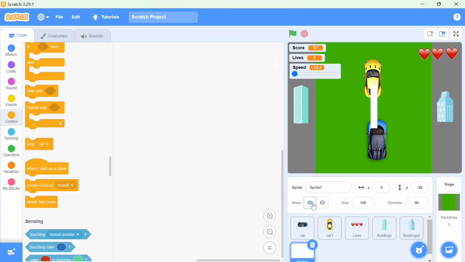Okay, it's here only. You can see we have done with the coding of the hearts and the backdrops. What I need to do next is the coding for my buildings, my cars and my white strip which appears on the road. In this session we will continue till this point. This game will continue in the next session. So be with us and make your amazing car racing game.